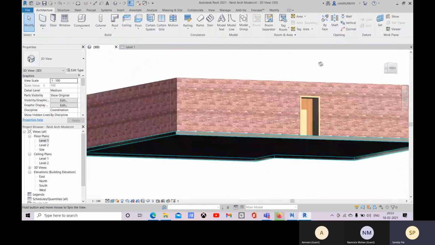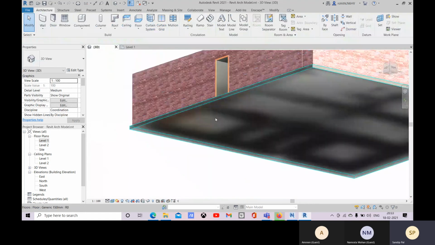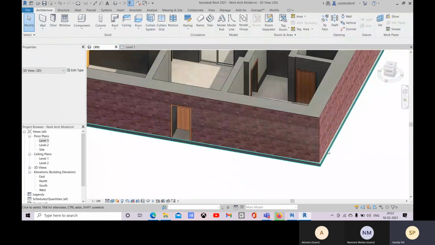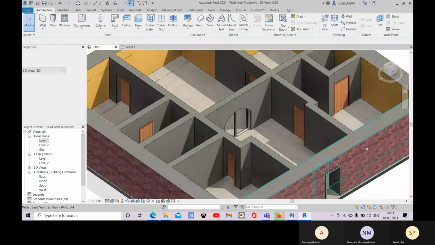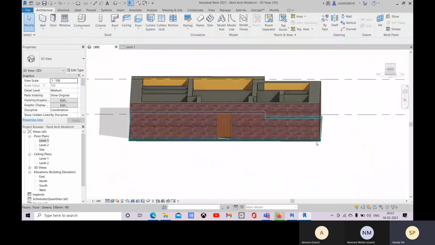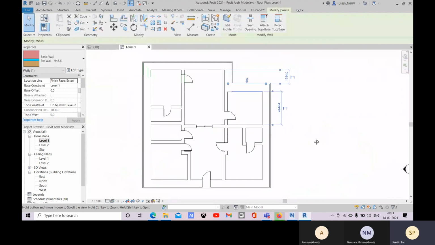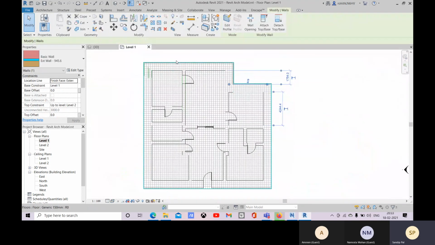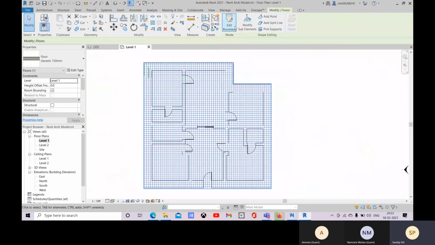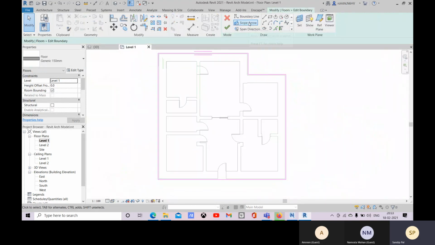Okay, this is your membrane layer. Now suppose you want to create a slope over there. Okay, so how can you do that? Select this floor and go to this edit boundary option, and there you have this slope arrow.